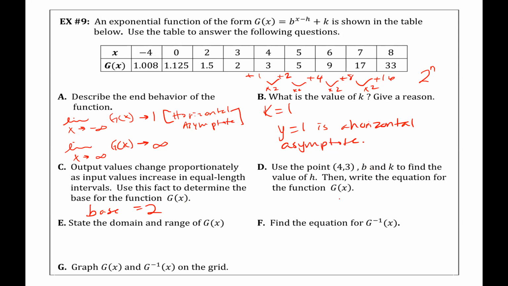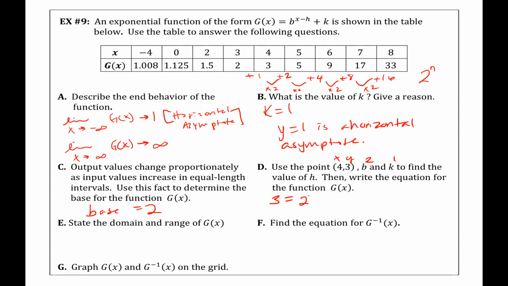But we're going to use 4, 3 just because I think it works out a little bit nicer and better with it. Okay, so I'm going to plug this in. I'm going to let this be my input and this be my output. We know that our b is 2 and our k is 1. So we're going to plug in what we know. We have g of x is 3 equals